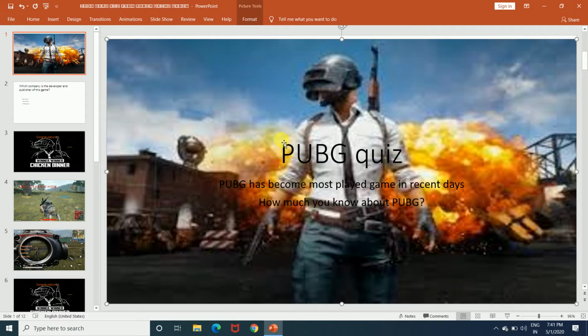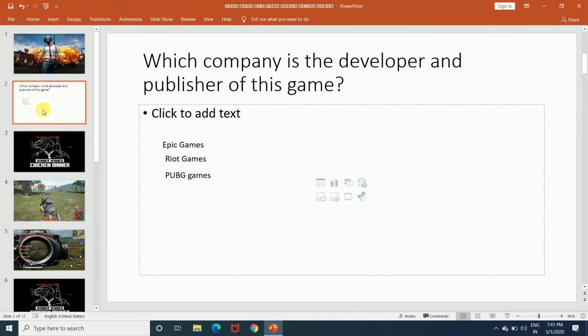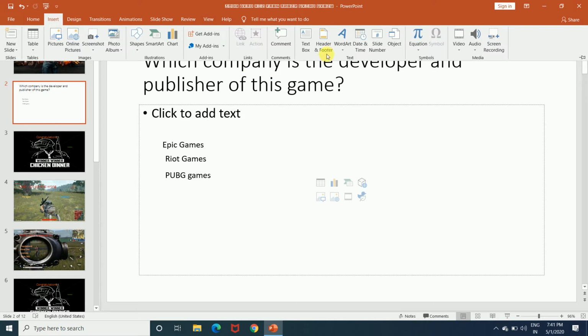To add your question, you need to add another slide. Enter your question in the title box, and to add your option, again go to Insert tab and click on Text box.